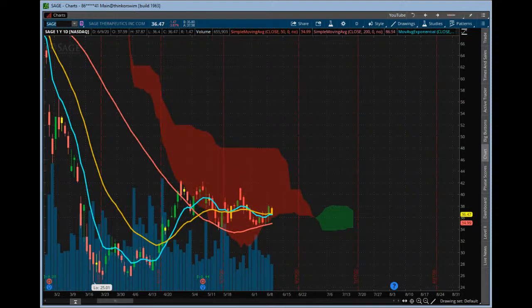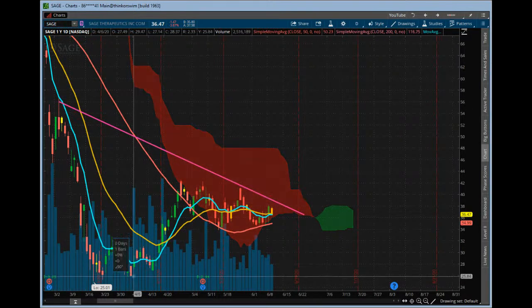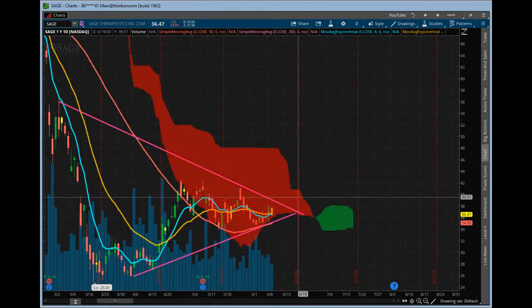SAGE getting really tight in there too. Someone says it has lots of bad setups. It's okay though, but at least you're tracking it, right? That's what you want to do, because sometimes you can see a bad setup like SAGE, right? It's like doing nothing, right? But it's got this trend. But if you don't look at it, you come back and look at it like a week later, it's like, oh, it broke out and moved, right?